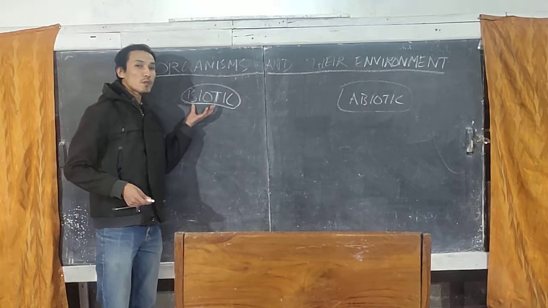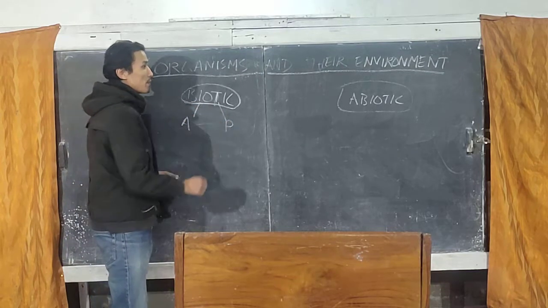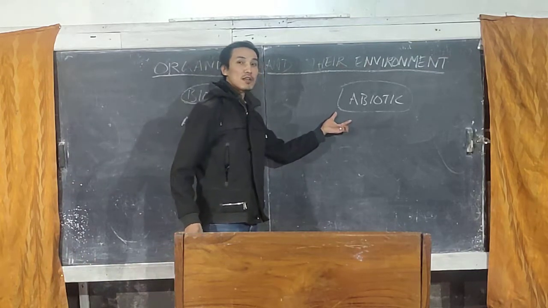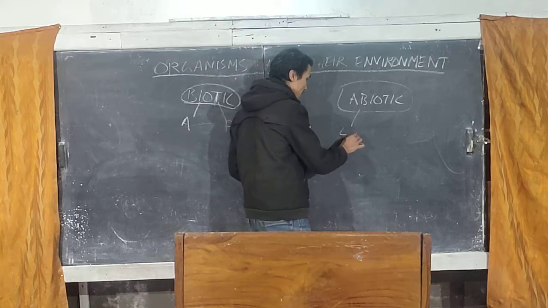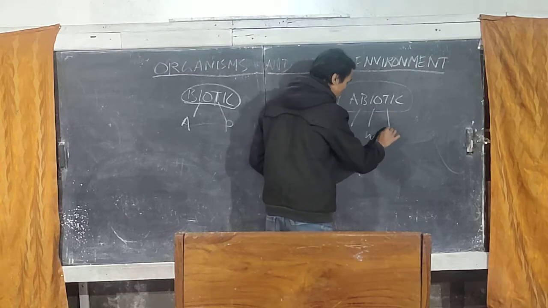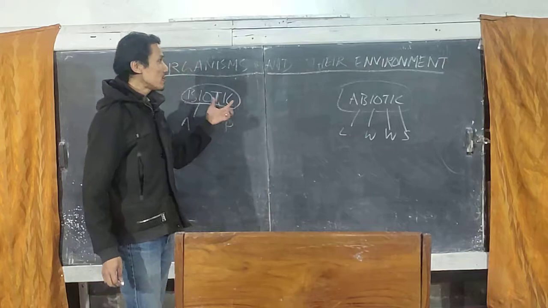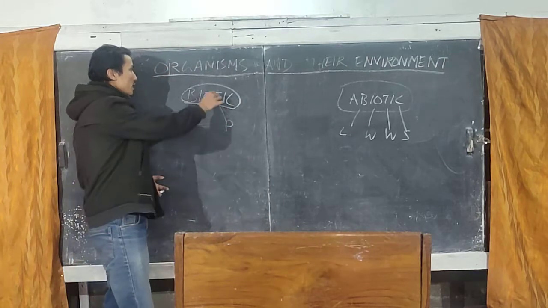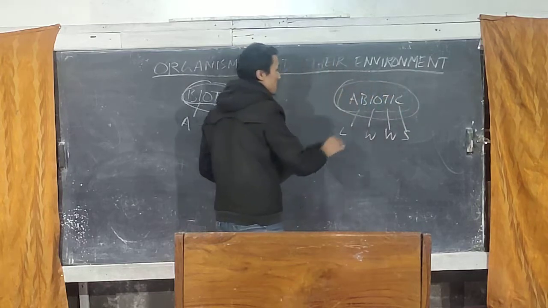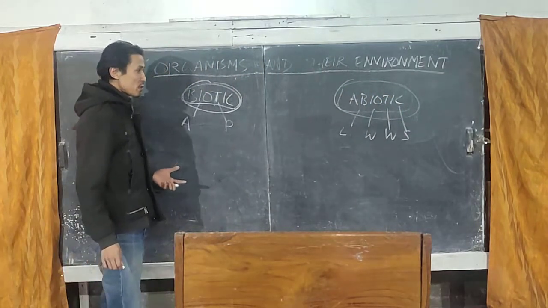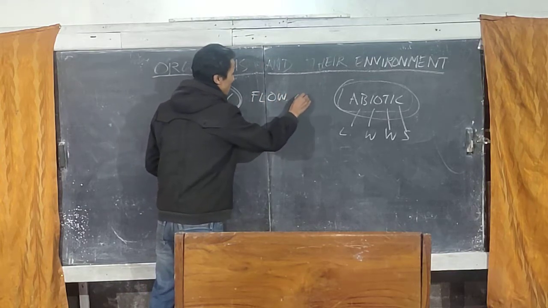Generally when we talk about biotic, it includes animals and plants. Abiotic means non-living factors. So under this come light, water, wind and soil. This chapter deals with the interaction of biotic and abiotic. So generally what happens is there is always a flow of